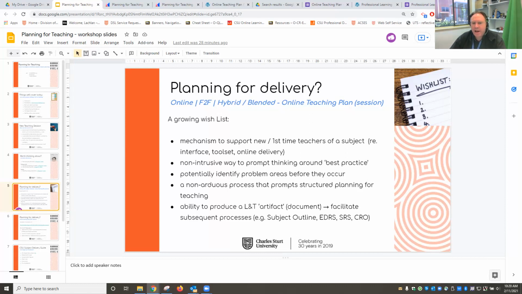We're looking really at a way that isn't preachy, if you will, a non-intrusive way to get people thinking about the best way that the subject's either going to be delivered or how it was delivered previously. So again, reflection or a proactive activity, trying to identify problem areas before they occur. Specifically, when we're identifying tools and strategies that need to be used as part of the plan, the idea is that this will prompt the teacher to look for help, either from colleagues, logging jobs with DLT, contacting IT, etc., to get those resolved before the problems crop up.